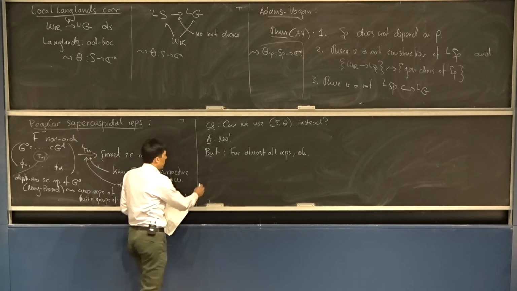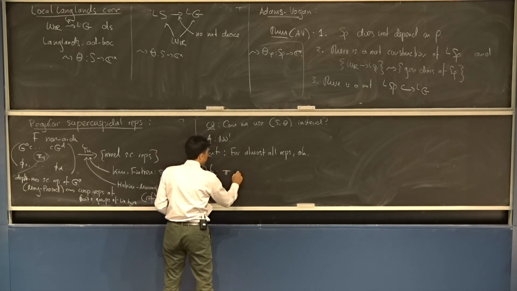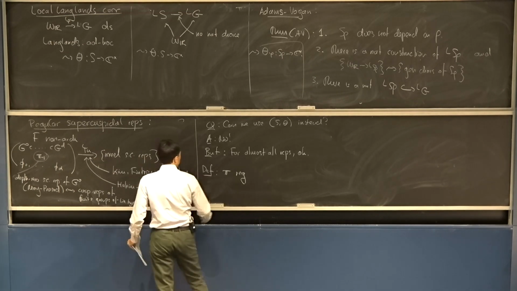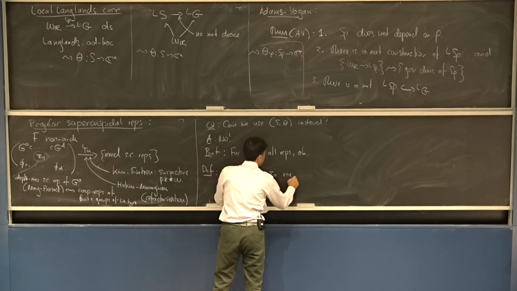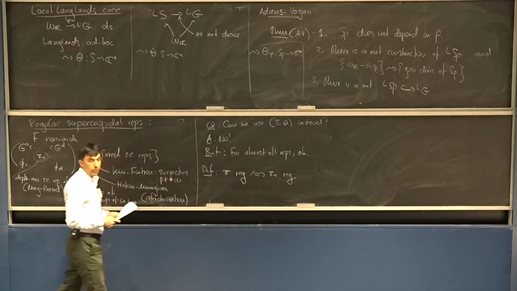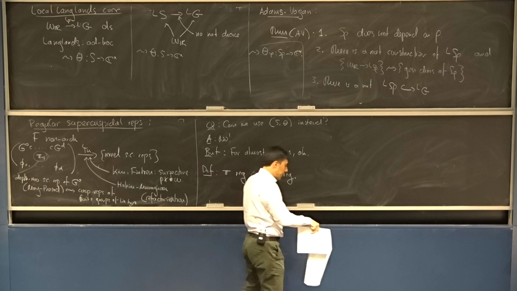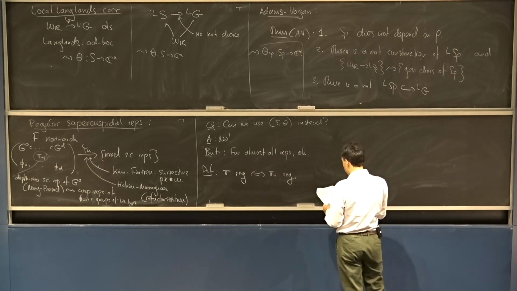But what we can then do is make a definition. The representation pi coming out of Yu's construction will be called regular if and only if its depth 0 piece is regular in the sense of Deligne-Lusztig theory. And then it turns out that what we would like to have is, in fact, true.